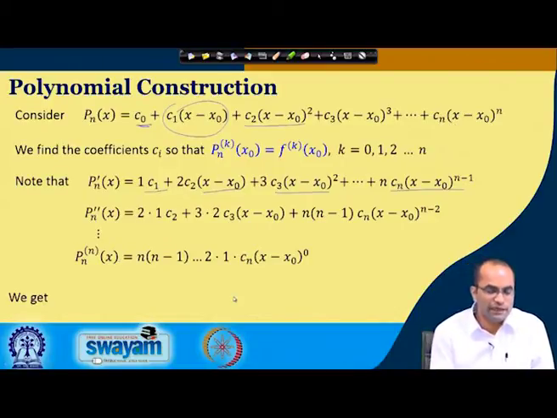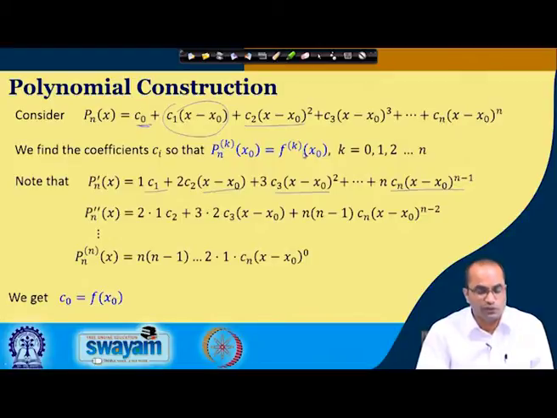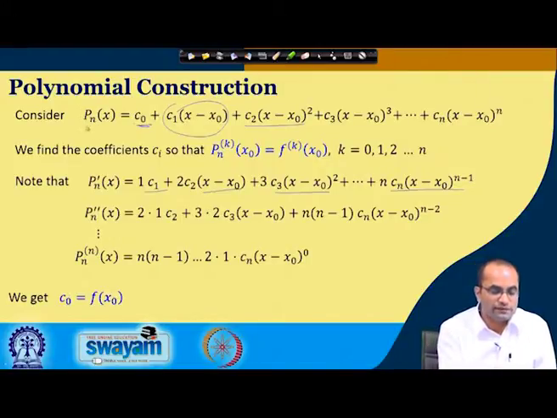So, having this, what we get out of the first condition when we substitute is this: our condition says the polynomial value at x 0 must be equal to the function value at x 0, and further derivatives up to order n. From the polynomial itself, when we substitute x equal to x 0, all the other terms will vanish and we will get only c 0 as p n at x 0, and p n at x 0 is f at x 0. So, we get c 0 as f of x 0.